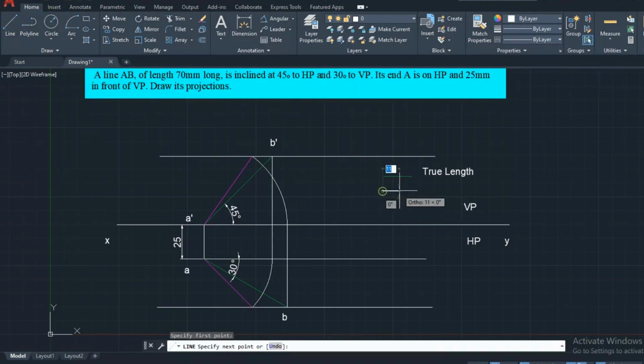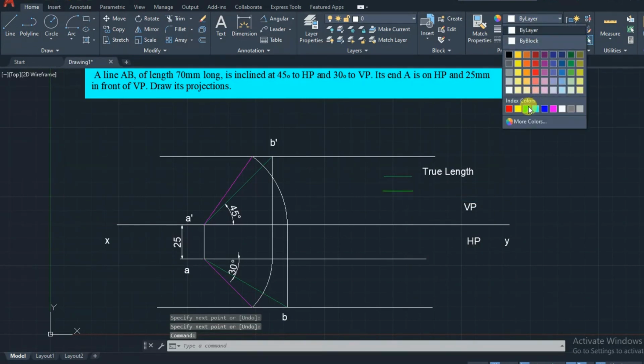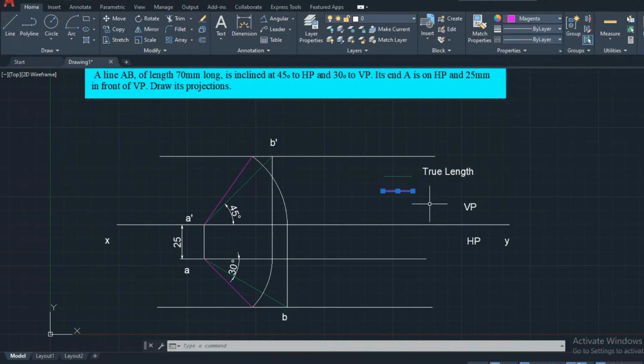So this is the front view and top view of the line, the projections.